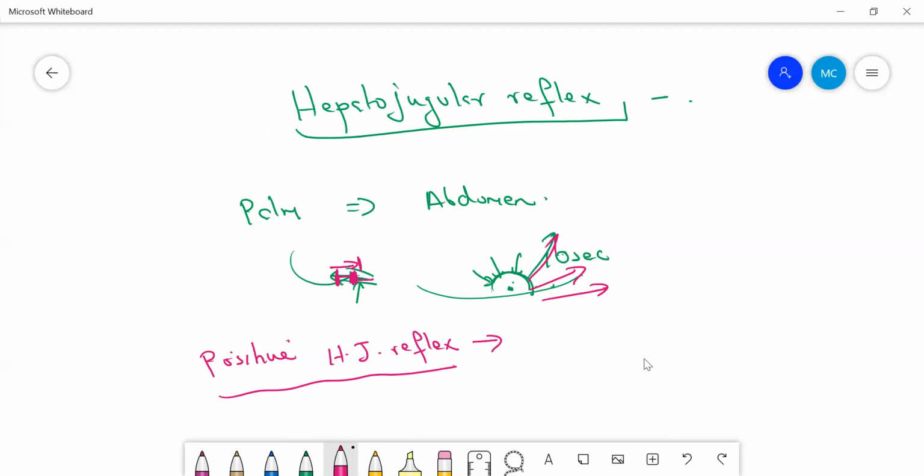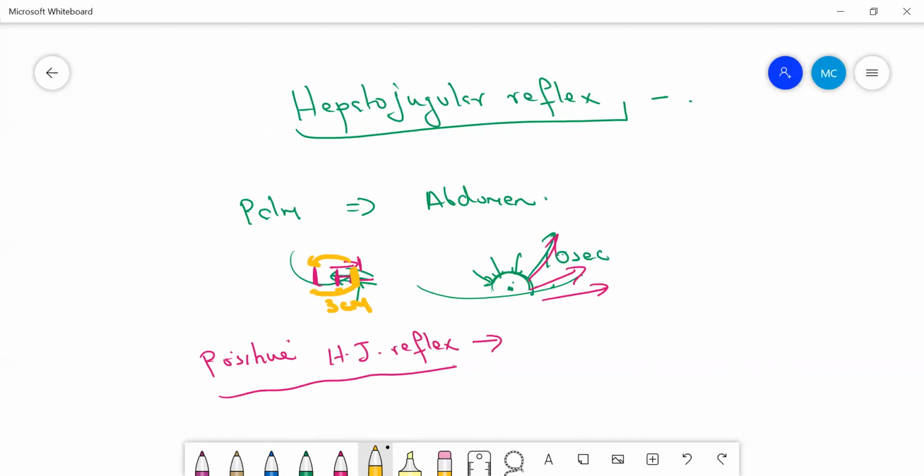In this case, what happens is that when you apply the pressure for 10 seconds, there is a rise in JVP of more than 3 centimeters. Suppose this is the original level. A normal patient will have this much rise, but this patient is having a rise of the upper level of the jugular venous pulsation of more than 3 centimeters. And it remains high throughout the period of compression. As long as you have compressed it, it will remain high.